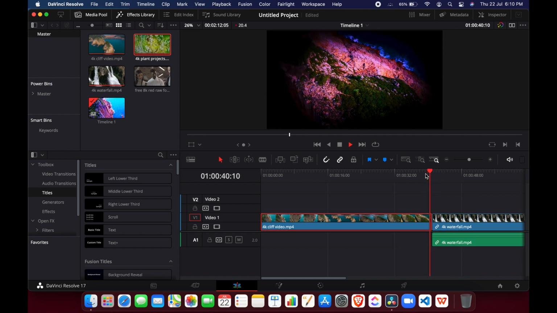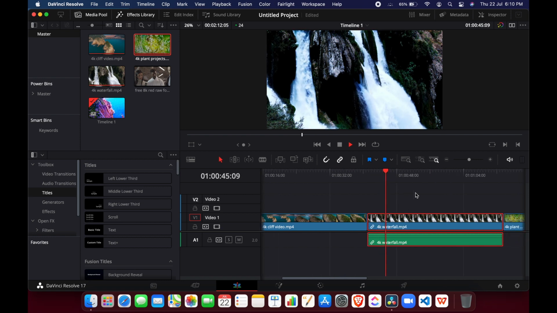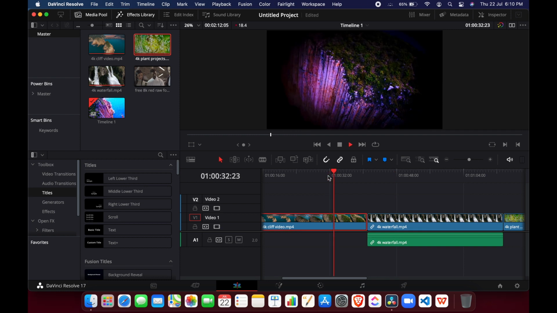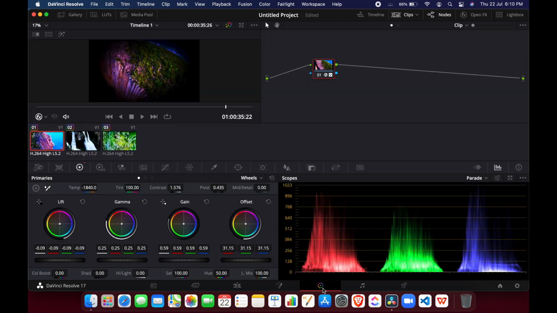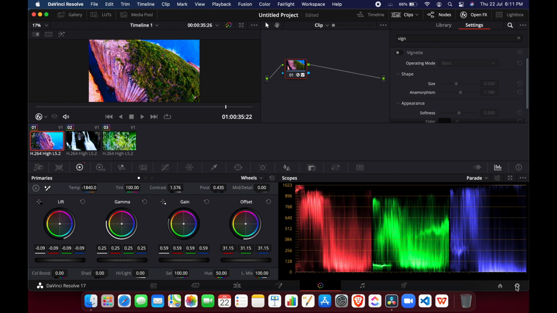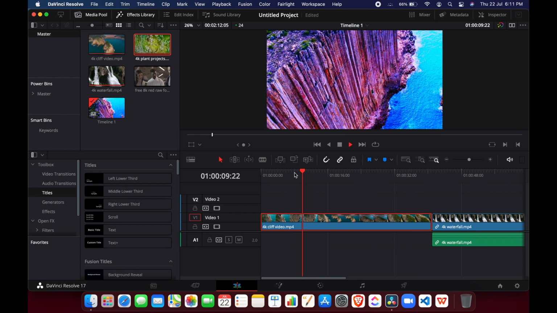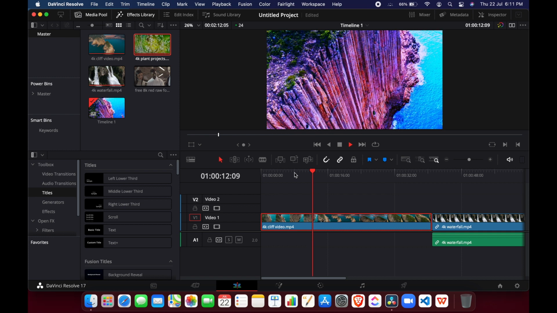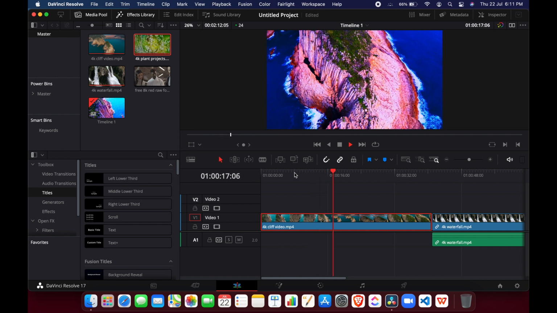So if we test the playback of this second clip over here, then the second clip is playing back perfectly. So that means if we remove the vignette effect from our first clip, it should play back perfectly too. Let's try that. So if we go back to our color grade settings and switch off the vignette effect from here, our timeline is set to 4K. Let's go back now and play this back again. And now this is playing back like a charm. So that vignette effect was adding a bit of load to our GPU, but now it's perfect.